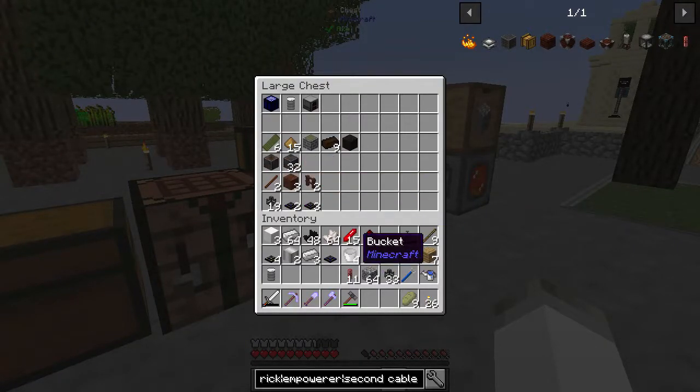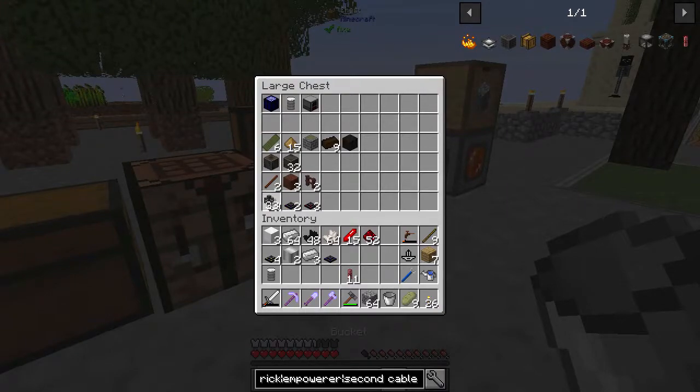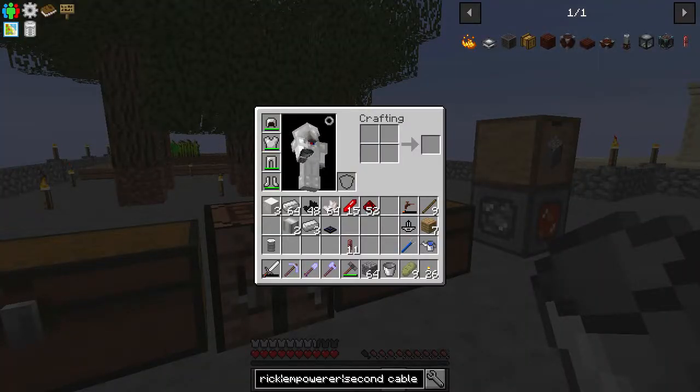So while that is gathering obsidian, let's go ahead and put this stuff away. We don't need that anymore right now. We'll put all of this stuff away. I like to keep a bucket on me if I can. We don't need this stuff right now, or these guys. So with that taken care of, let's start work on